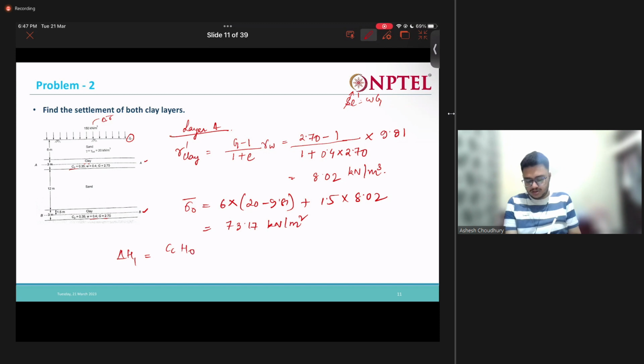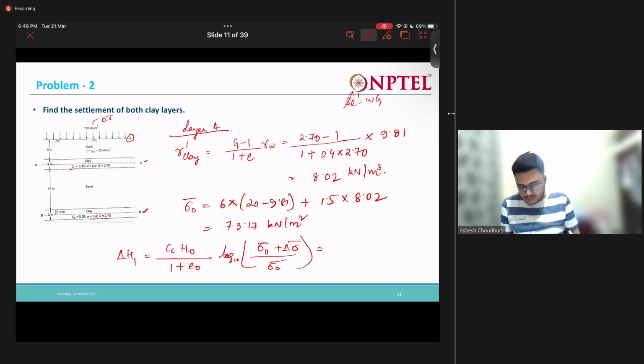Cc H naught by 1 plus e naught into log. What is my e naught? 0.4 into 2.7 is 1.08. So it is nothing but 0.35 into 3 by 1 plus 1.08